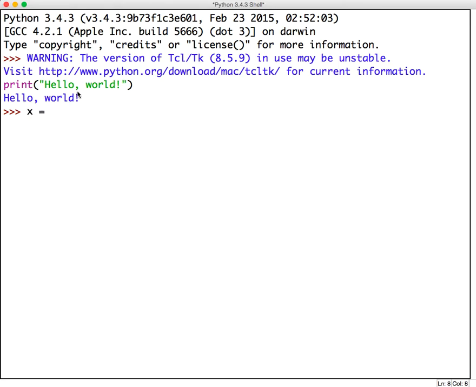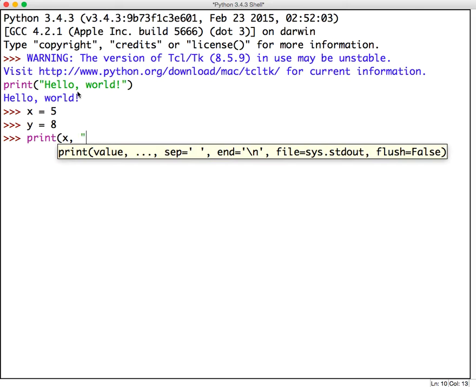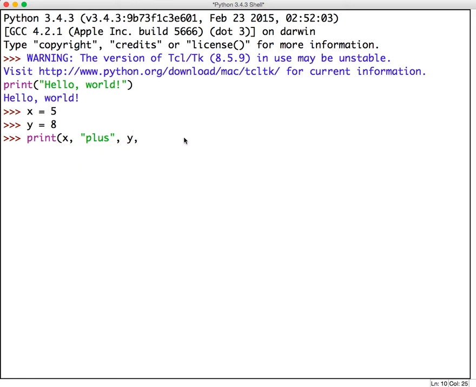Let's define a couple variables like x equals 5 and y equals, let's say, 8. I can print x, comma, plus, comma, y. Actually, the commas are used when we want to print multiple values in the same print, and they actually add spaces in between them, so I don't actually need to put a space after the plus. But you can see here I'm printing multiple values: the value of x, the string value plus, the value of y, and I'm going to say